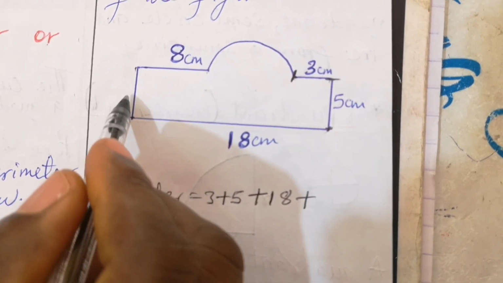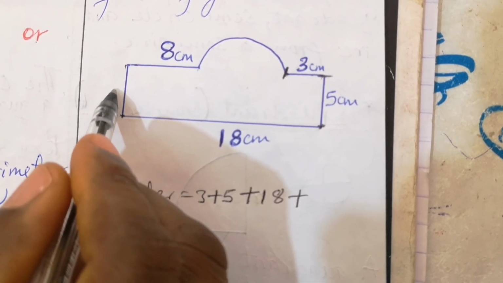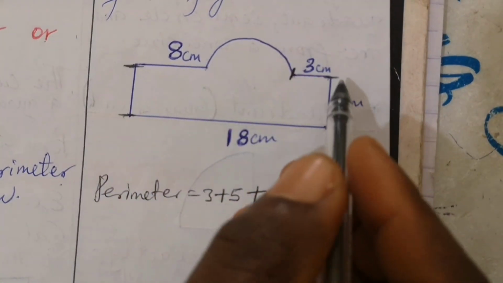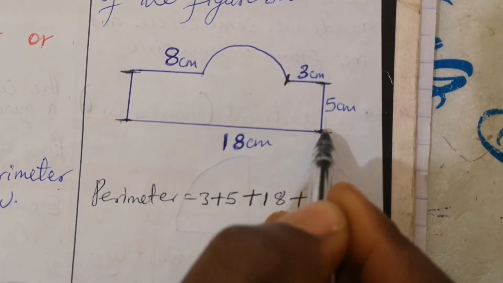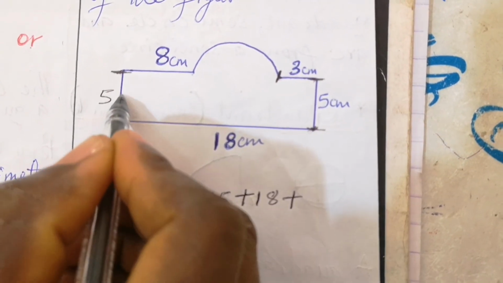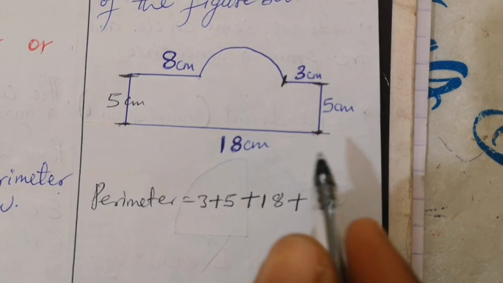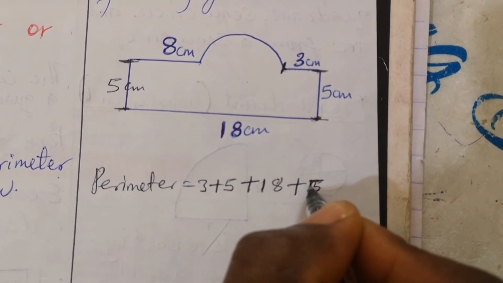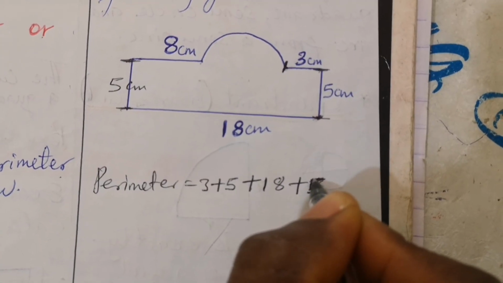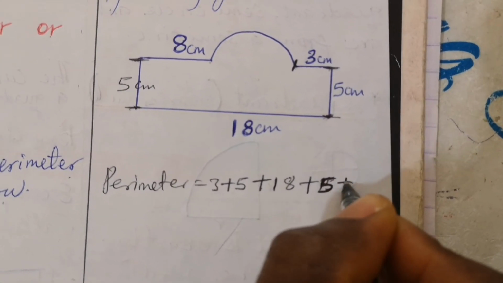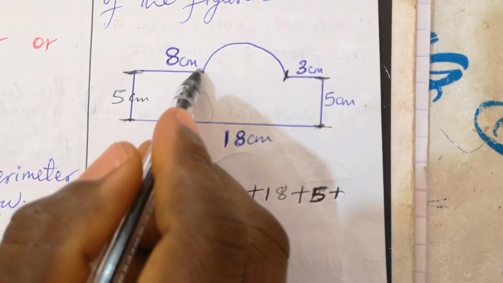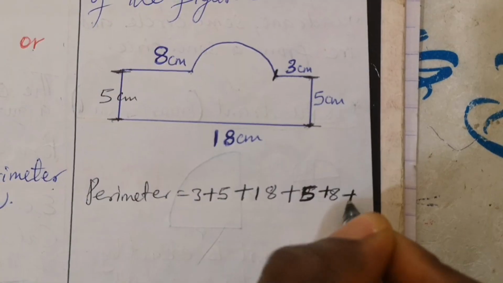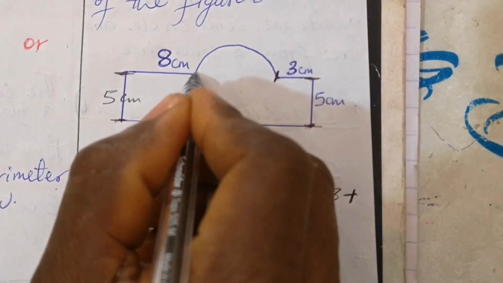Now I don't have a value here. But the length from here to here is the same as the length from here to here. So here is also what? 5 cm. So I will now say plus 5, not 15, plus 5, then plus from here to here is 8, then plus from here now